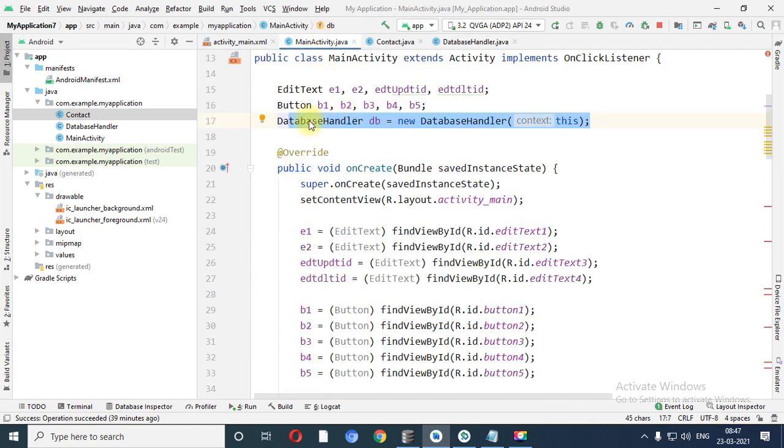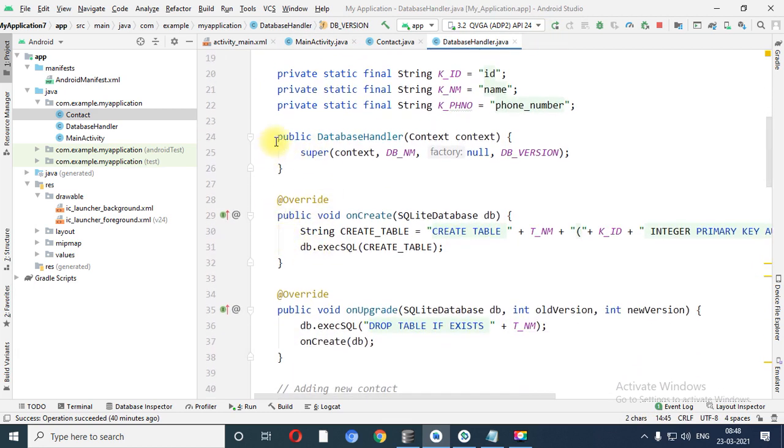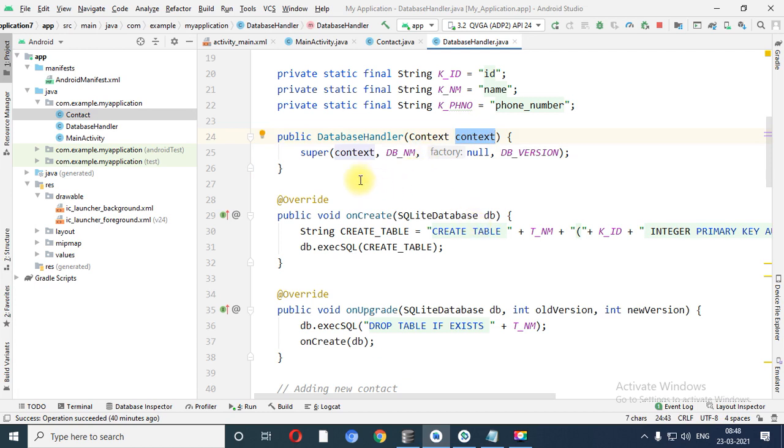First of all, in the main activity, we have created the object of the database handler class. With that, I have passed this. This means current application, or you can also pass get application context over here. When you write this line, at that time it will switch into the database handler.java file. This particular code, public database handler, is a parameterized constructor having one argument called context, meaning current application.